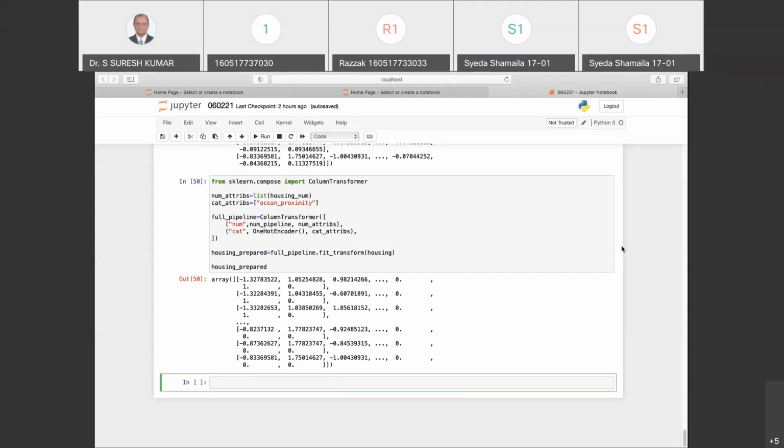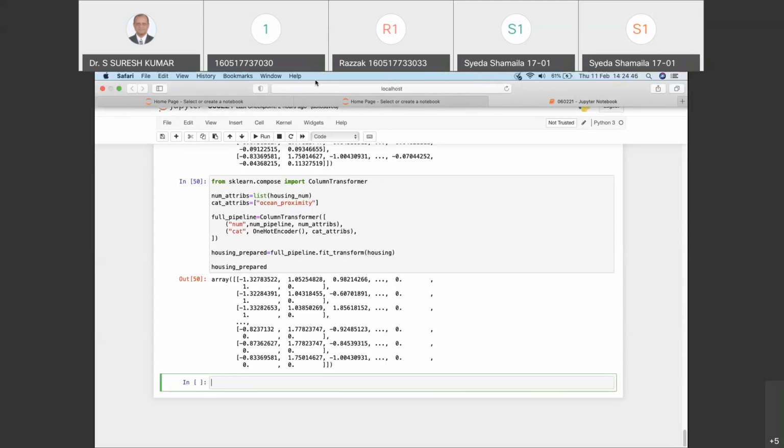You've got around 14 libraries with which you can solve any of these machine learning problems. You've got scikit-learn, TensorFlow, Lasagne, Keras.